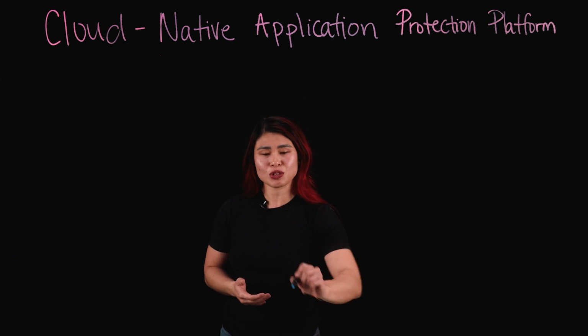However, a lot of these types of solutions take an independent approach that can make it challenging overall in how to strategically manage and implement these types of security solutions throughout your application and workload lifecycle. And overall, with this bigger challenge, it is how do you manage the overall landscape of all your security tools while also being able to strategically and continuously achieve your security and compliance goals across your workloads and applications. In this video, we're going to talk about Cloud Native Application Protection Platform, also known as CNAPP.